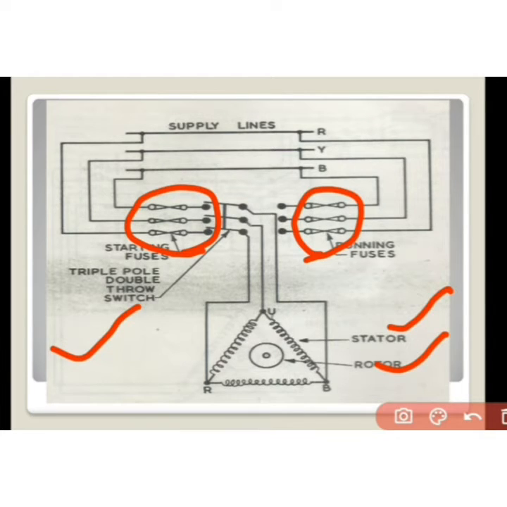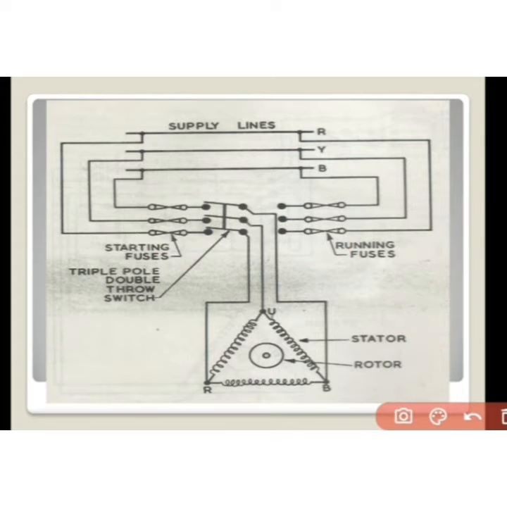The start button is a normally open type push button. To start the motor, the button needs to be pressed and it supplies power to the contactor. We press the stop button to stop the motor from the running condition. Here you can see the running fuses and the starting fuses. These are used at the starting phase, and at the energizing phase.